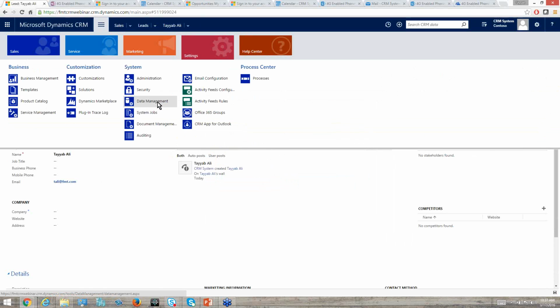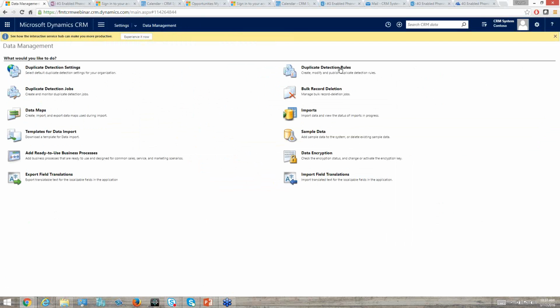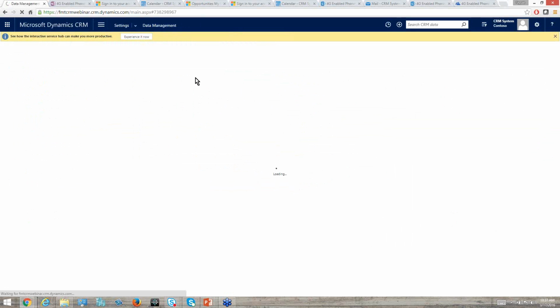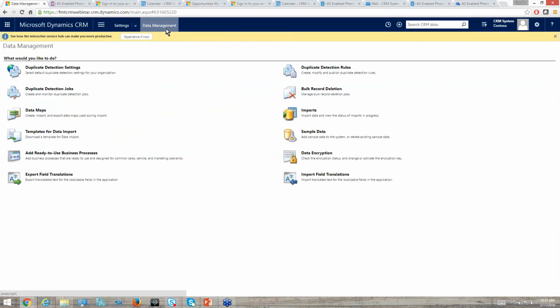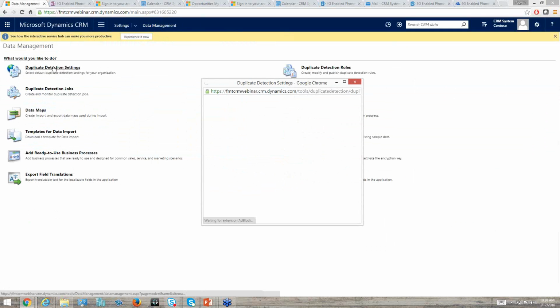But now going back to the data management piece, you can obviously set up all the rules that you had in the old systems, which are kind of one entity specific. So if you want those, you can add those in here. So this is on the rules, but the next step, which is I think equally important, if not more important, is that you can set up these rules and they would stop your salespeople from adding duplicates. But then as admin, you need to be able to validate whether they are conforming to that or not. And for that, what you can do is set up duplicate detection